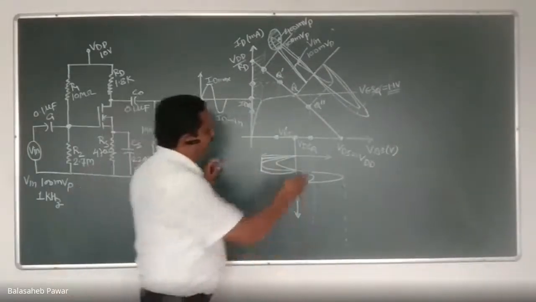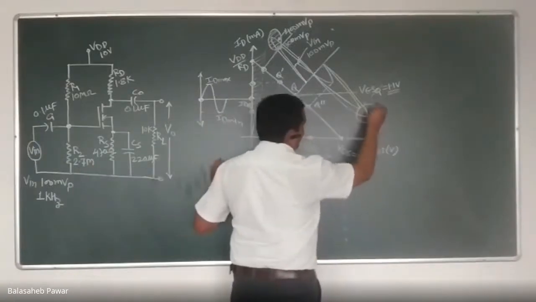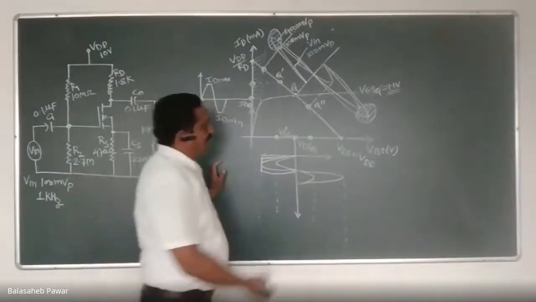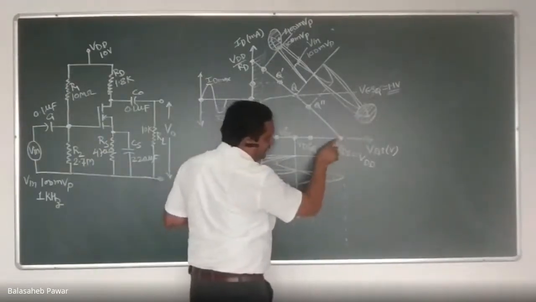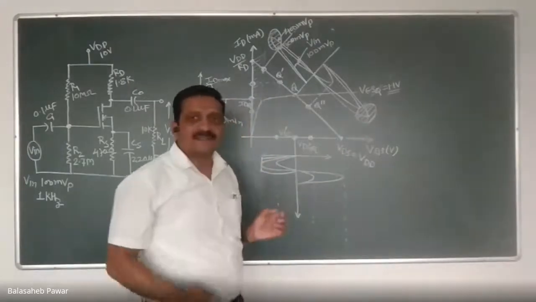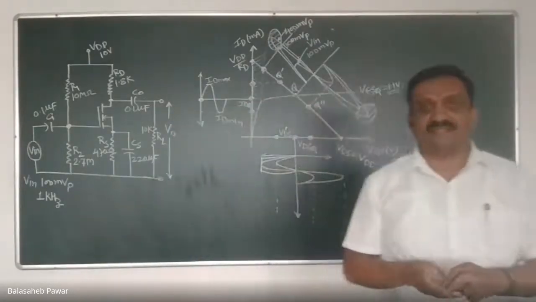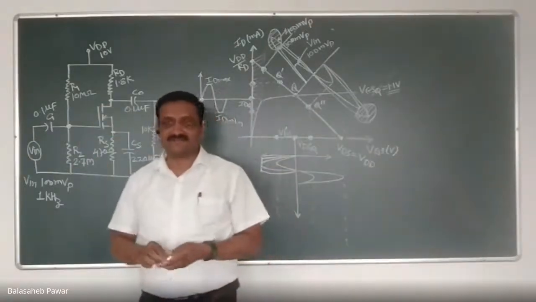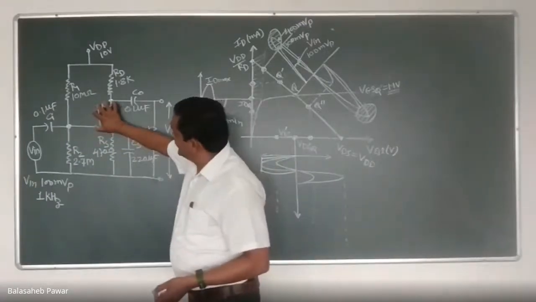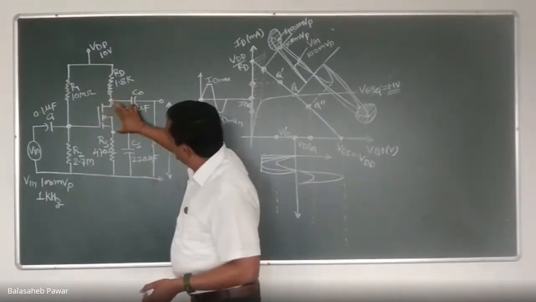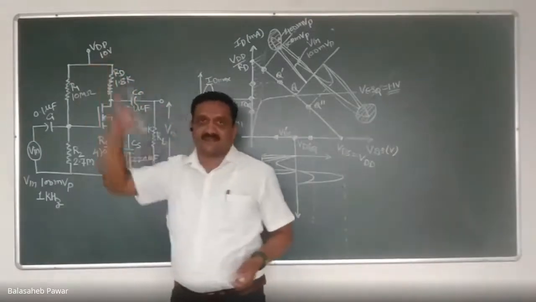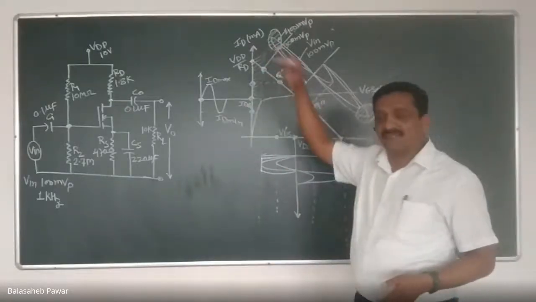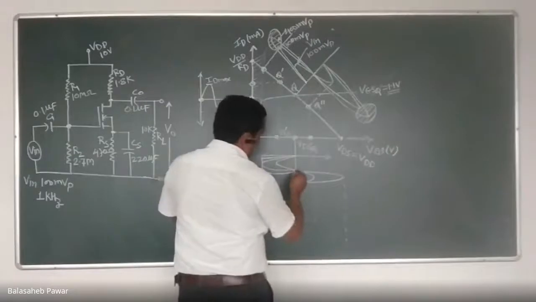Okay. And during the negative half, again you will observe this much part of that 400 millivolt input signal. During this much part of the input, the transistor will enter into which region? Cutoff region. Cutoff region means what? The transistor will act as an open circuit. And when the transistor acts as an open circuit, how much will be the voltage across it? That will be equal to VDD. Across an open switch, the voltage is equal to the applied DC voltage, right? And that is nothing but VDD. So the same thing you will observe in this case.